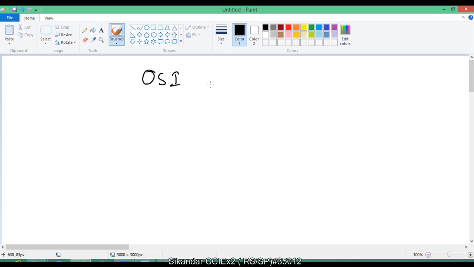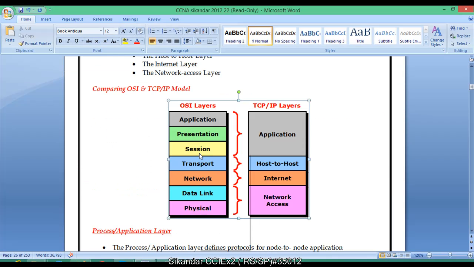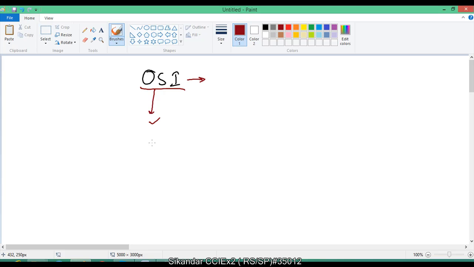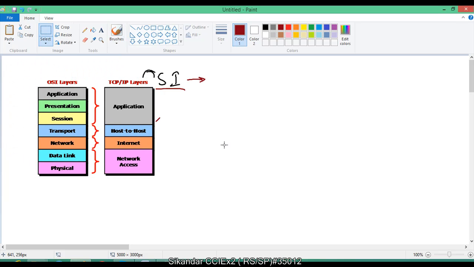OSI, Open System Interconnection, is a reference model which tells how the communication process happens between two or more networking devices. And we have seen this process is further divided into 7 layers, and each and every layer defines a set of functions which happens in our network. So we have the top 3 layers. If you remember, we discussed these OSI layers, where the top 3 layers will be considered as your